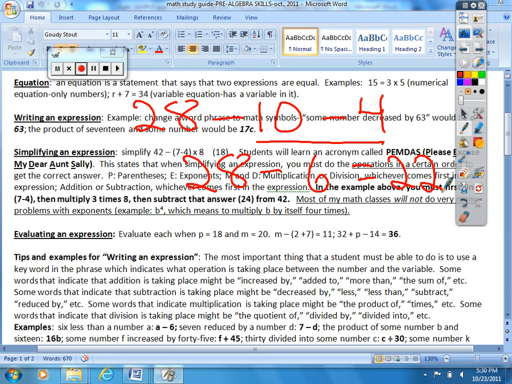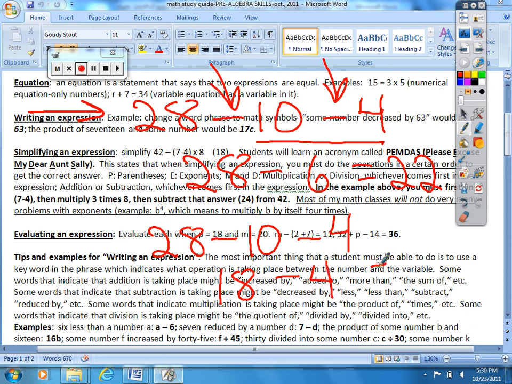My rules say if I'm going to get the correct answer along with all my classmates, I've got to go in the order that the operations occur and in the correct order that I'm told to do these. Well, I've just got subtractions. So my rule said to go straight across, left to right, take it as it comes. Now you can see the tremendous difference that I'm going to have here. All right, if I do 28 minus 10 first, I'm going to get 18. 18 minus 4 is 14. And you can see that